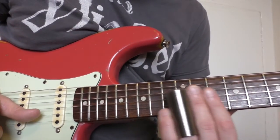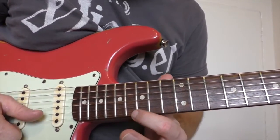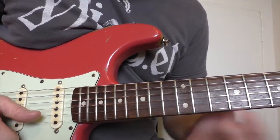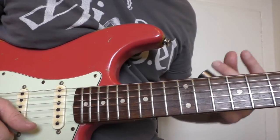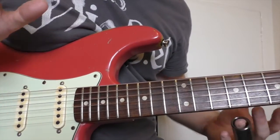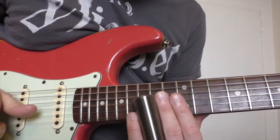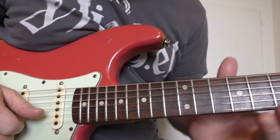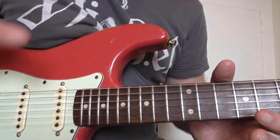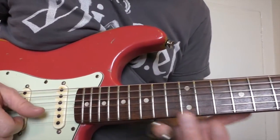So, and then we're going to slide up to the 15th, but we're going to momentarily stop on the 15th, but then we're actually going to continue sliding up towards the 17th. It doesn't matter if you don't quite hit it, but this is what it'll sound like. And then when you're at the right point there, we're going to do a little small lick, which is very reminiscent of your Duane Allman, which is,